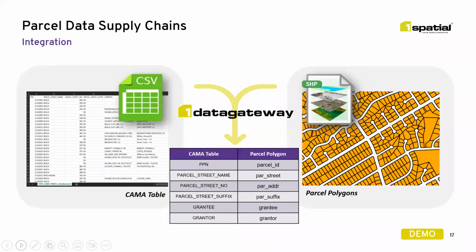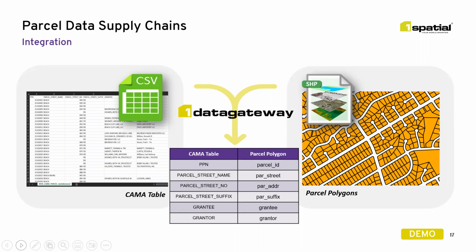So looking at this cross-system validation more closely, how do our customers actually want that set up? In my example here, the CAMA table exists in a CSV file, but it can also be a table sitting in an enterprise database. On the right-hand side, an organization's parcel polygons can be stored as a shapefile, and again, it could be sitting in a file geodatabase or Postgres or what have you. The point here being that our customers can configure a multitasker tool to pull in these different data formats to run within the same validation workflow against the same data quality standards.